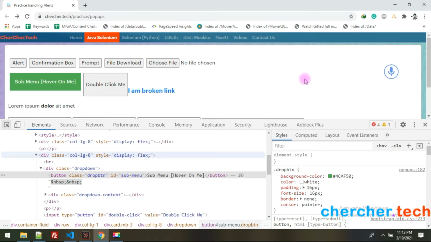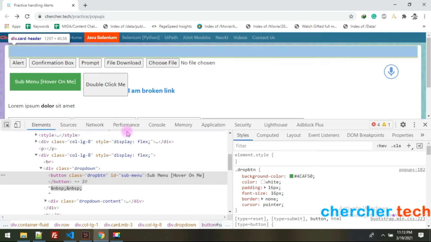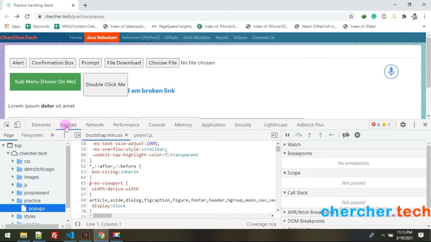To inspect this kind of element, here in the dev tools you will have a Sources tab. It will list all your JavaScript files, CSS files, or all the images. So ignore that stuff. On the right side you will have a pause sign. What this pause sign does is it will stop the website altogether.